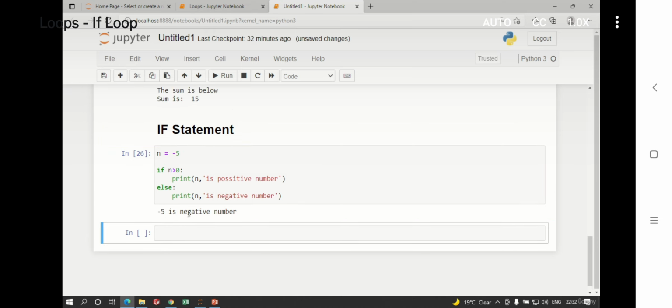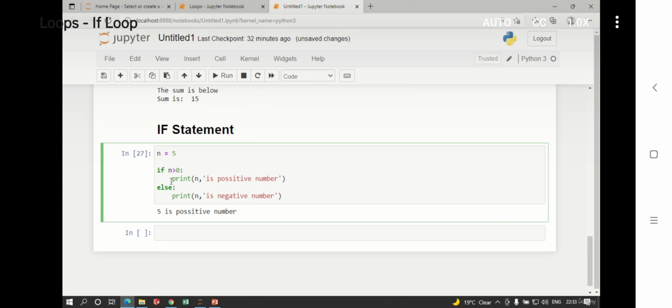So -5 is a negative number. Basically it is showing me the output depending on the input given. If n is greater than 0, print n is a positive number, else print n is a negative number. That means 5 is greater than 0, so this condition is satisfied.